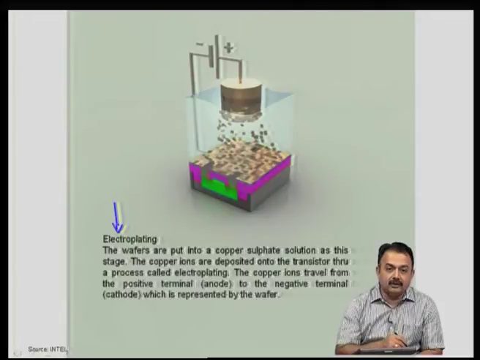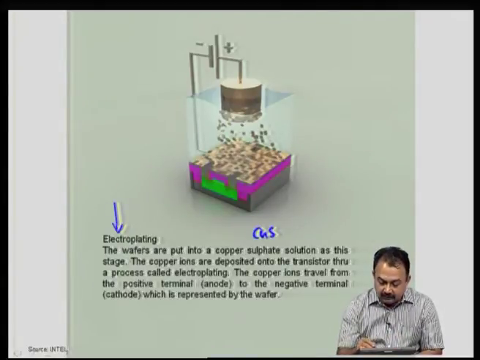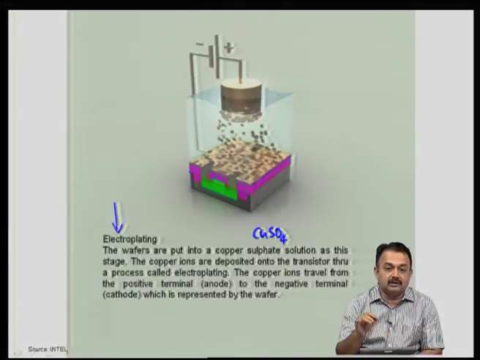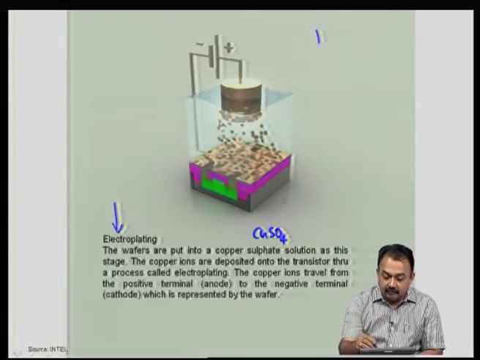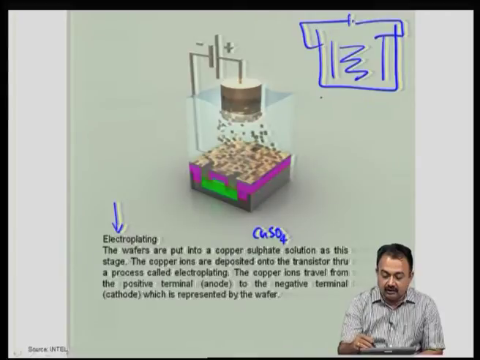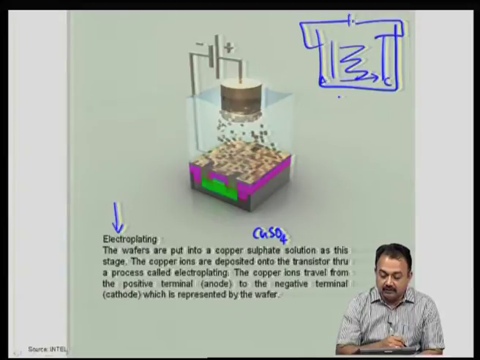In this case, since we are using copper, we can take copper sulphate solution at this stage, and the copper ions are deposited onto the transistor areas, that is the terminals here representing the 3 holes of the transistors, and this will nicely deposit a required thickness. So, the basic setup is anode, cathode, then you have the electrolyte, and then you have the external DC connection, as you know. From the anode to the cathode, there will be an ion transportation which will deposit on the cathode.